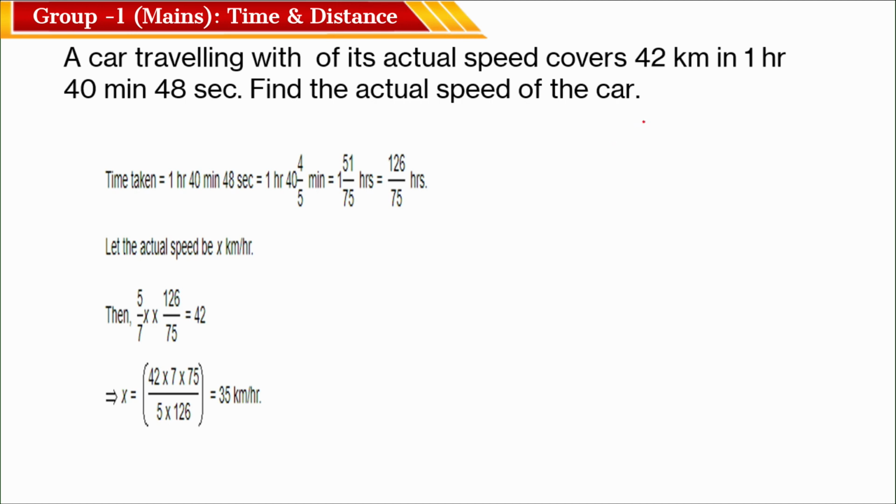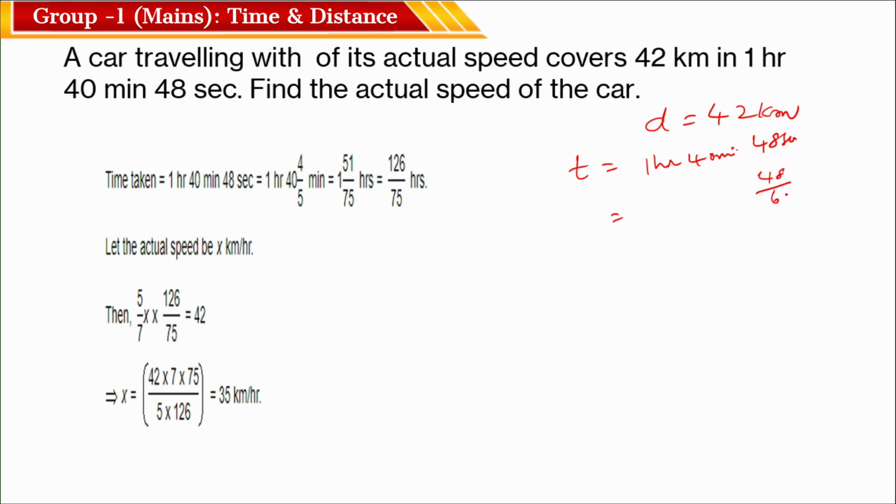D is given, 42 kilometers, correct. And T is also given, how much? 1 hour 40 minutes and 48 seconds. So you have to convert each and every one in terms of hours. 48 seconds means here we can say as